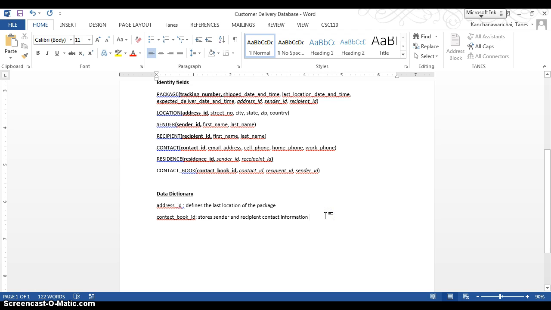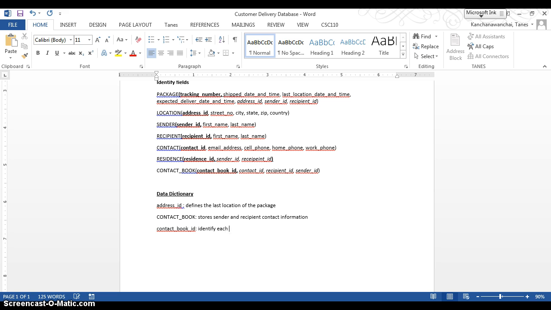So that should do, right? Where it says store, actually I define the table name, identify the fields. So let me define the table name here. Contact book, right? Now the fields pretty much identify, right? ID identify